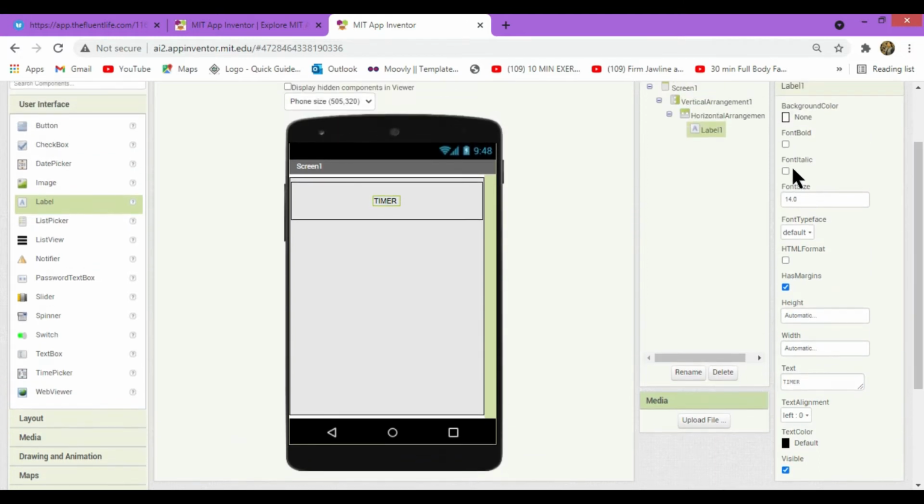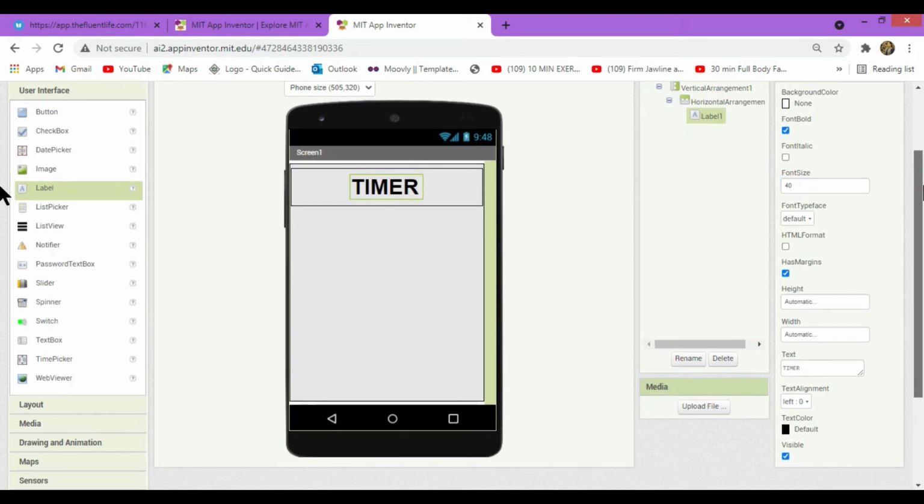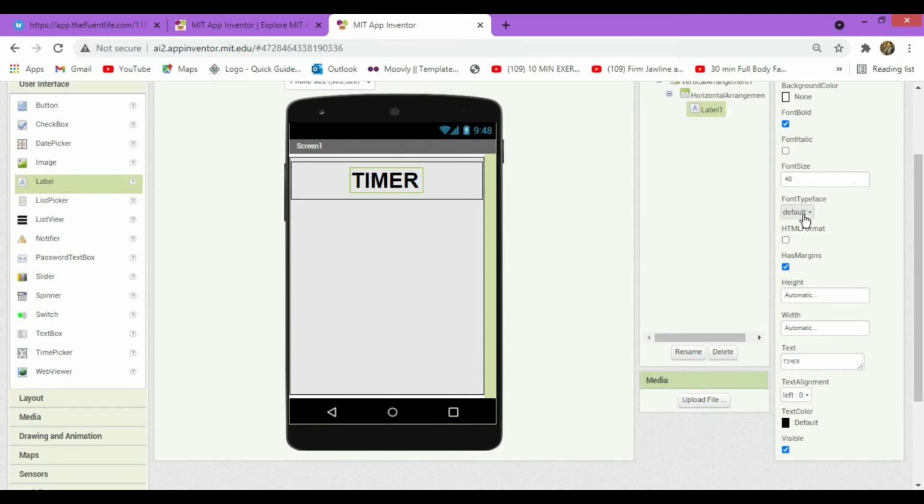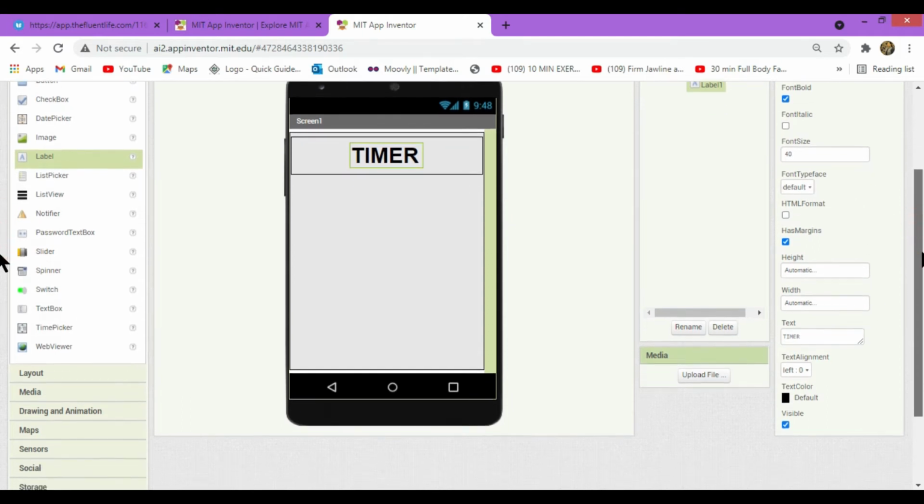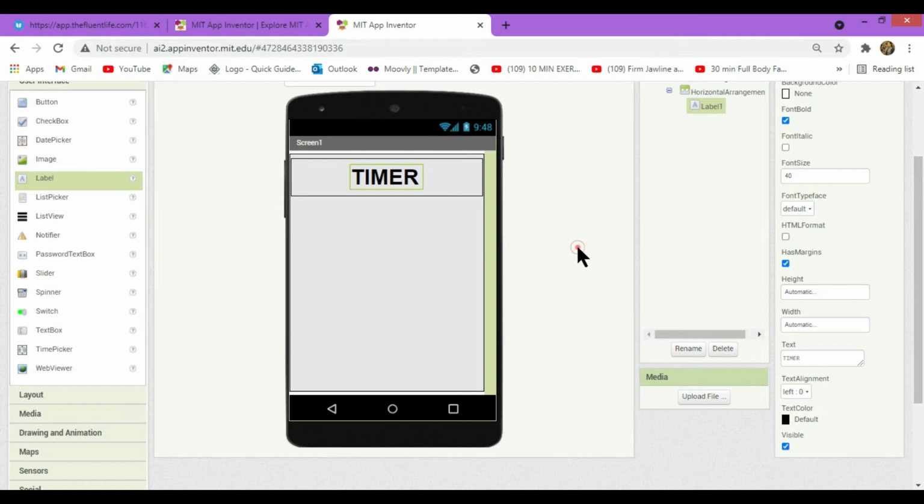Okay, it's good. Now let's make the font bold and let's change the font size to 40. You can also change the font type if you want. I'm okay with this font type and that's all. I'm done with this one. Now we will add